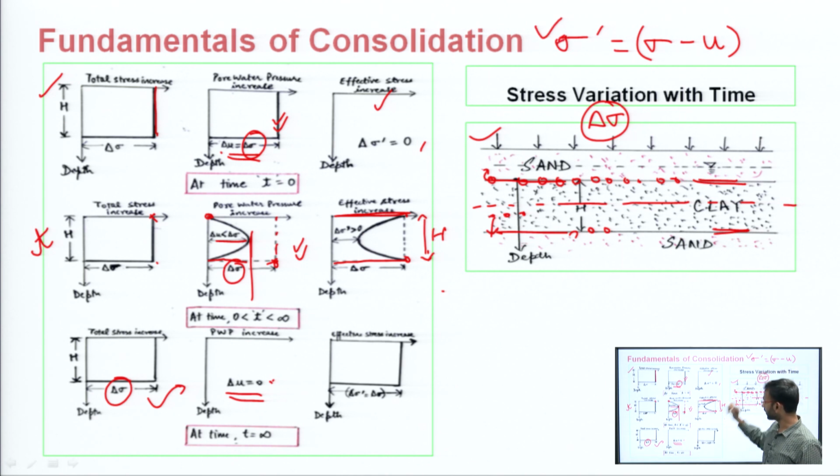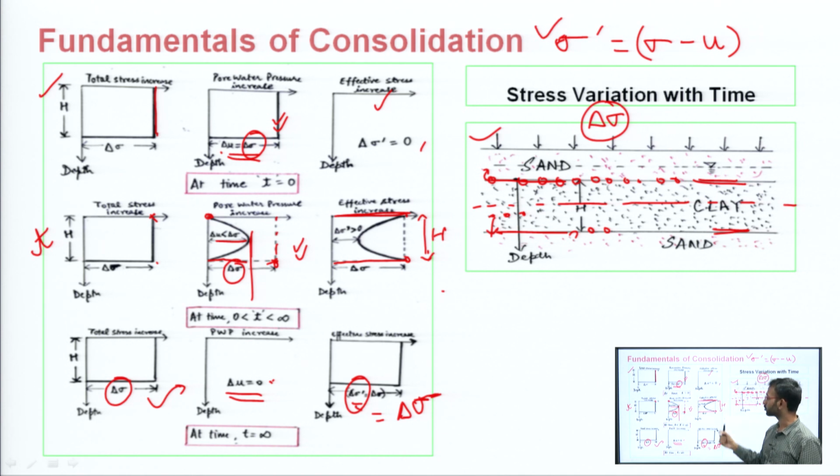The total stress minus the pore water pressure. So the entire total stress will now become the effective stress. So the entire effective stress is now what? Delta sigma, which was initially taken up by U, that was initially taken up by the pore water pressure. So you can see how the pore water pressure is getting reduced, and correspondingly how the effective stress is